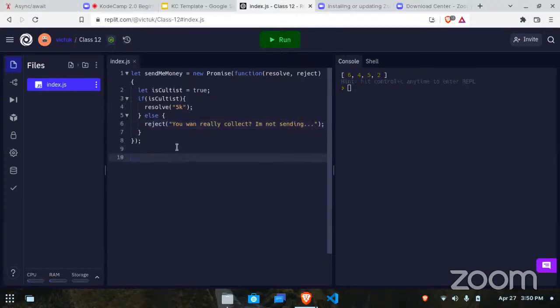So, we've created this promise. So if I want to use it now, I'll say sendMoney dot then. Of course, we have resolve and we have reject here. So the first parameter is a resolve, the second one is a reject. So if you want to use that, we would say